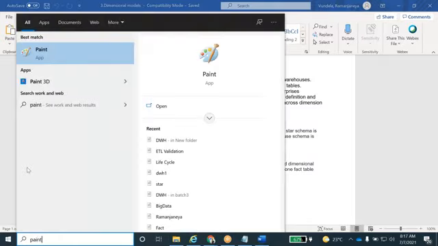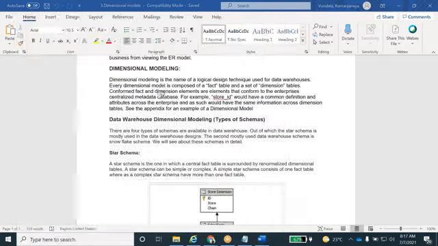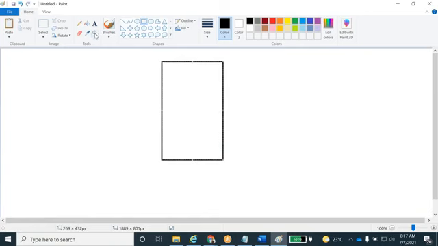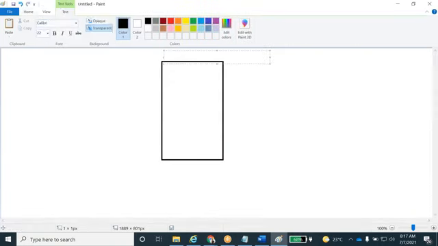I'll draw the diagram. For example, I'm taking one fact table, fact_sales.